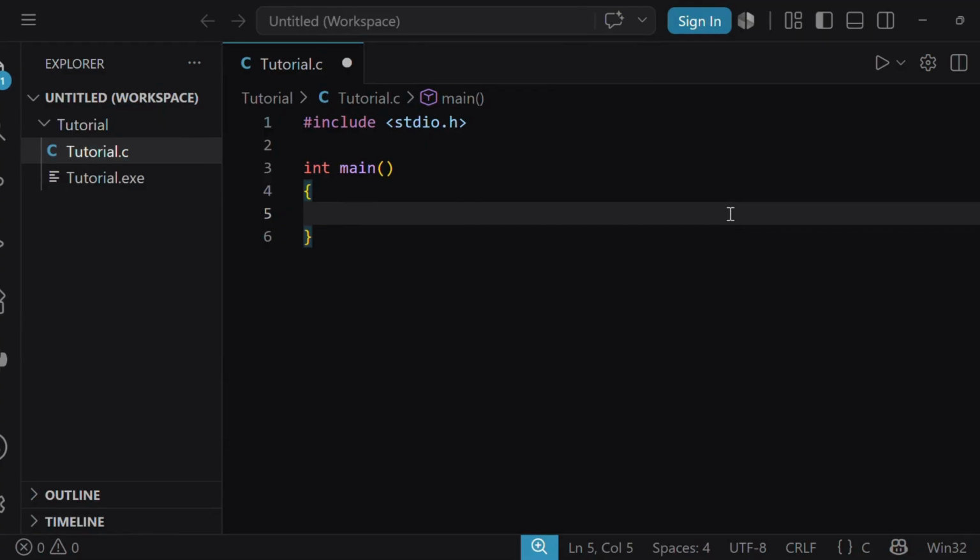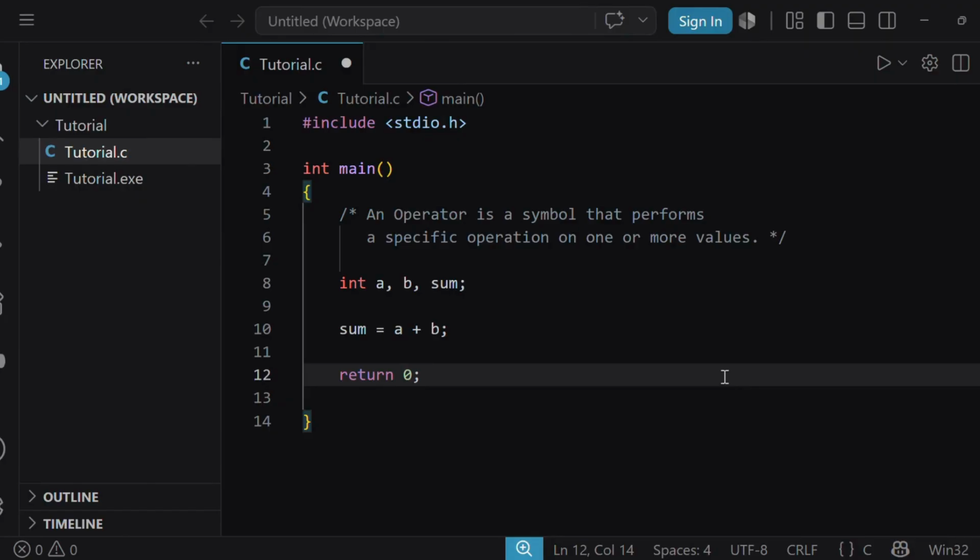Now, a quick question. Suppose I say 10 plus 20. The answer is 30, right? But have you ever wondered who actually performs this addition? It is not the numbers, it is the plus. Without it, the computer would simply see two separate numbers. So today we are going to learn about the symbols that make calculations actually possible in programming. These symbols are called operators.